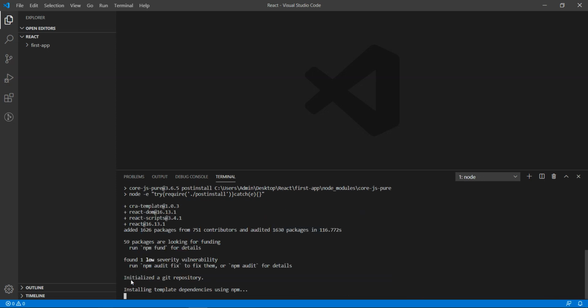Okay, you can see the installed packages with their versions. They are also installing a couple of other things that are required in React applications, and after that you get the success message.